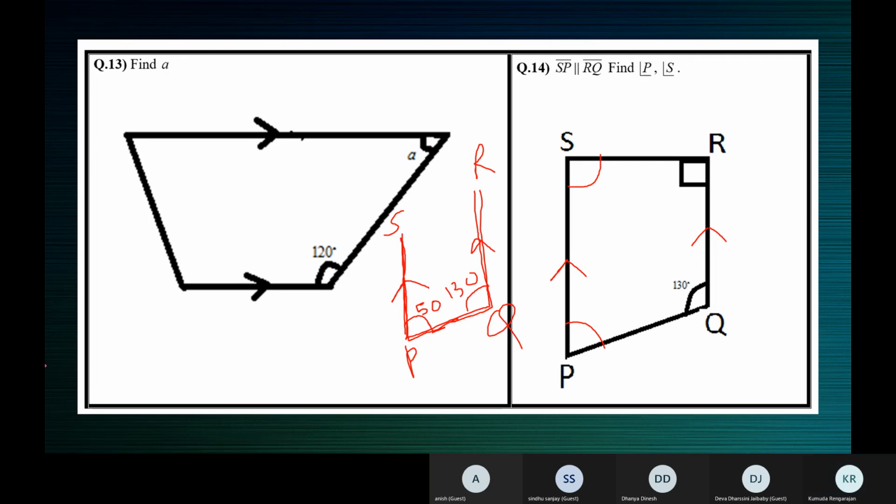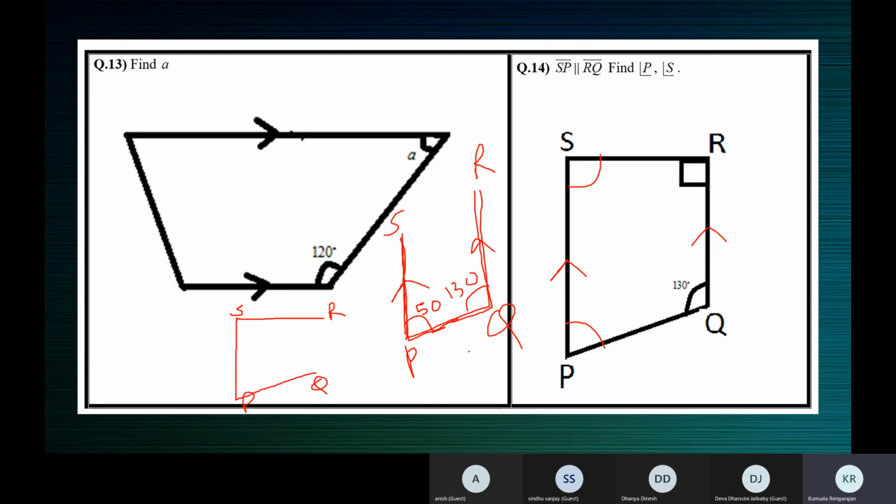Now, when we look at SR and PQ, they are not parallel. Now let's draw that. Let's just draw SR and so this is SR. This acts as a transversal and this is PQ. Now SR, I hope we understand, children. I'm showing you these three line segments, PQ, SP, and SR.